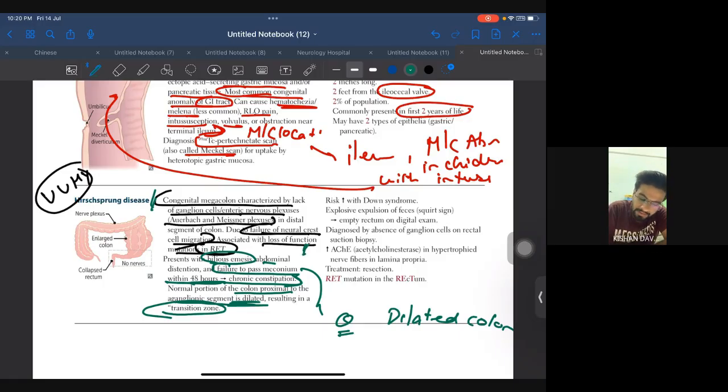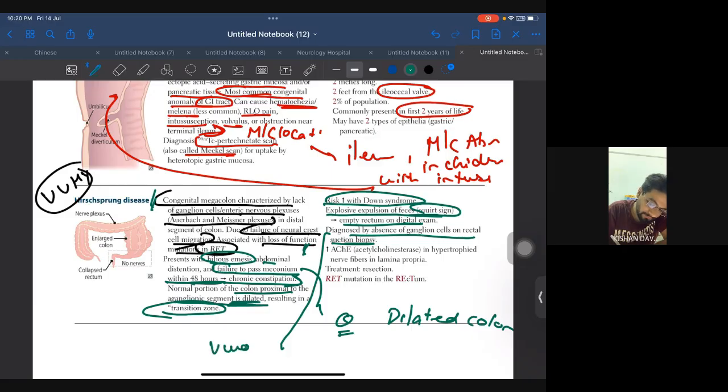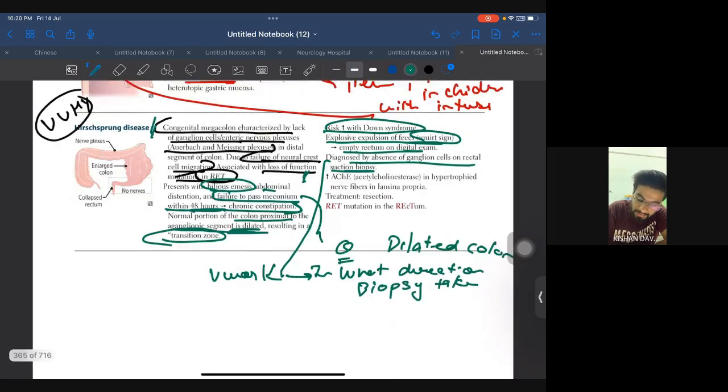Okay. Increased risk with Down syndrome, explosive expulsion of feces, empty rectum on digital exam. Okay, empty rectum. Diagnosed by absence of ganglion cells on rectal suction biopsy. In UWorld, they have given one question. In what direction should the biopsy be taken, and should it be taken